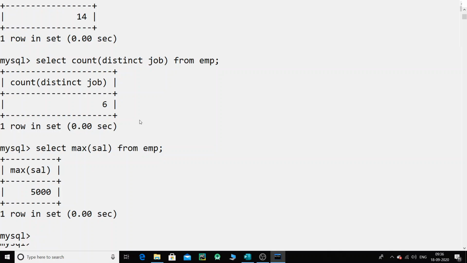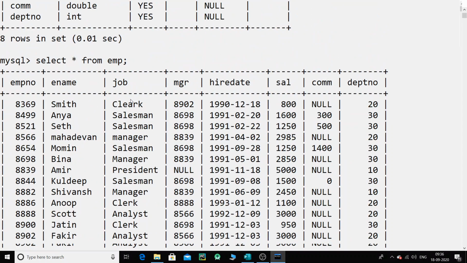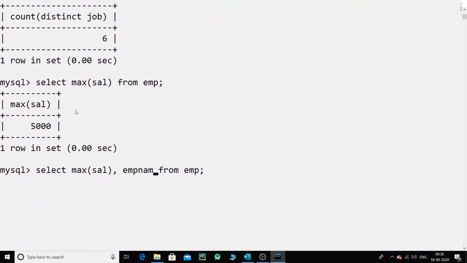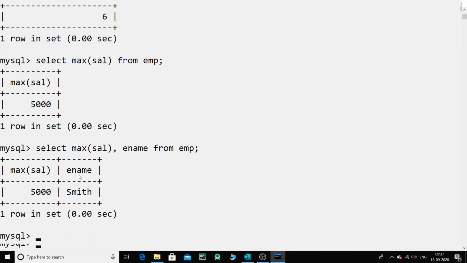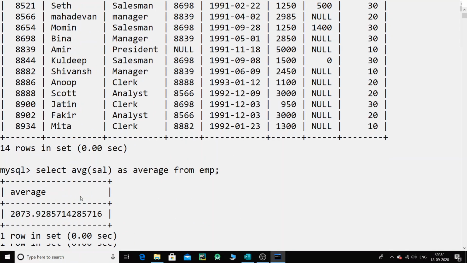But if I really want to know the employee name, let me check that, that's ename. And now you can see that I have Mr. Smith. So Mr. Smith is the person that I'm paying the highest salary.